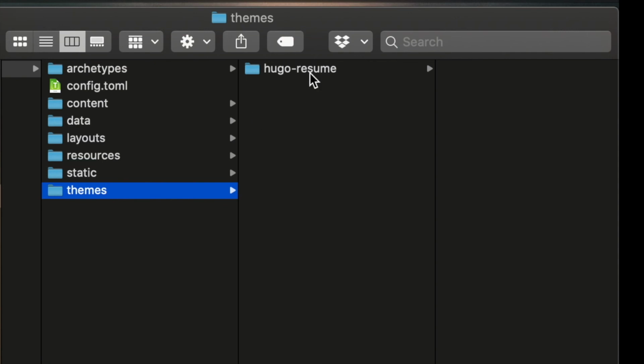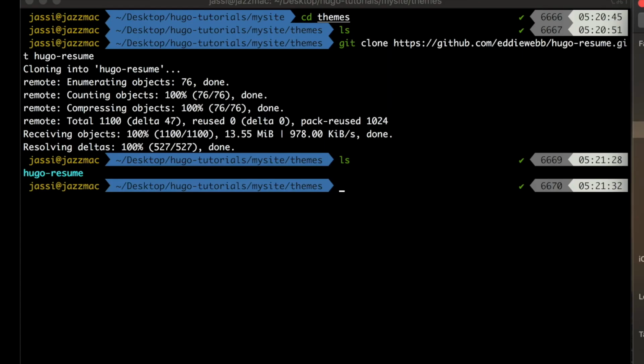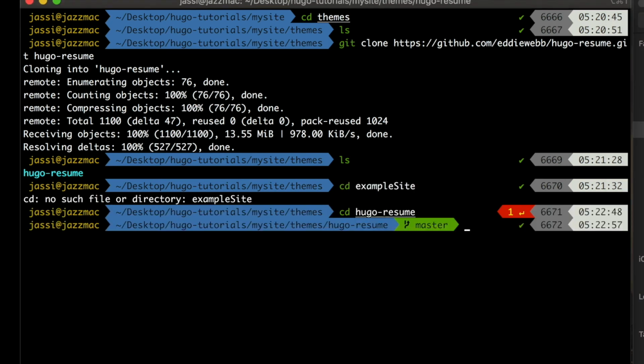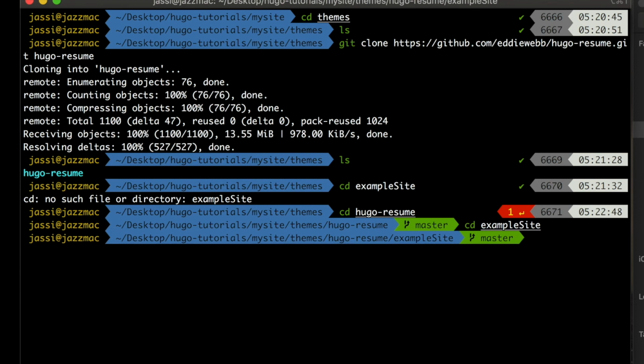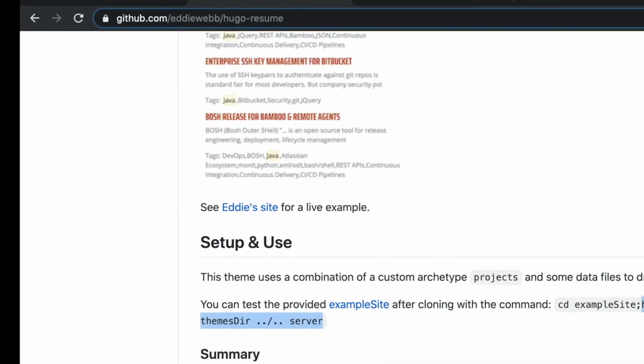I will go to themes and Hugo resume, and there is a folder called example site. Hugo resume theme first, and then I have to do cd example site. So we are good to go now. Now I will paste this one.